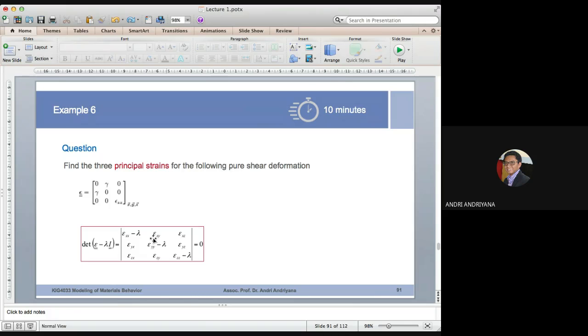So you can replace epsilon xx by 0, minus lambda, so it becomes minus lambda, epsilon xy by gamma, and this one 0, this one gamma, this is minus lambda, and so on and so forth. So you insert the value of the epsilon components here, get the matrix, get the determinant, and make it equal to 0. You will have a polynomial of order 3, solve it to get the 3 roots,